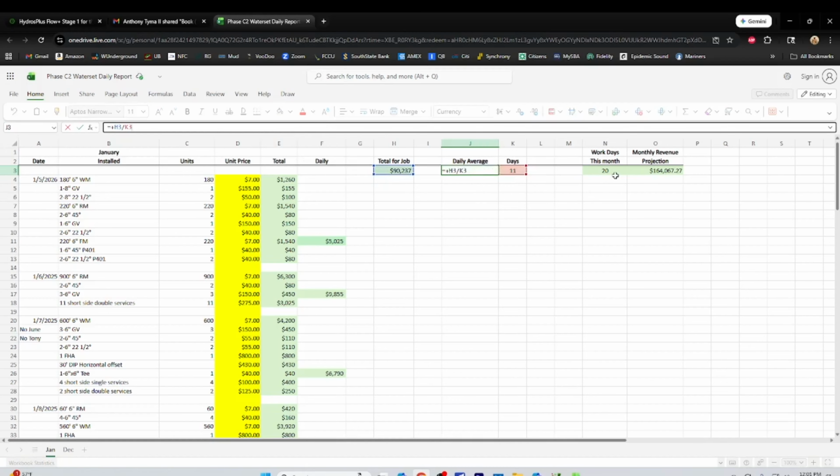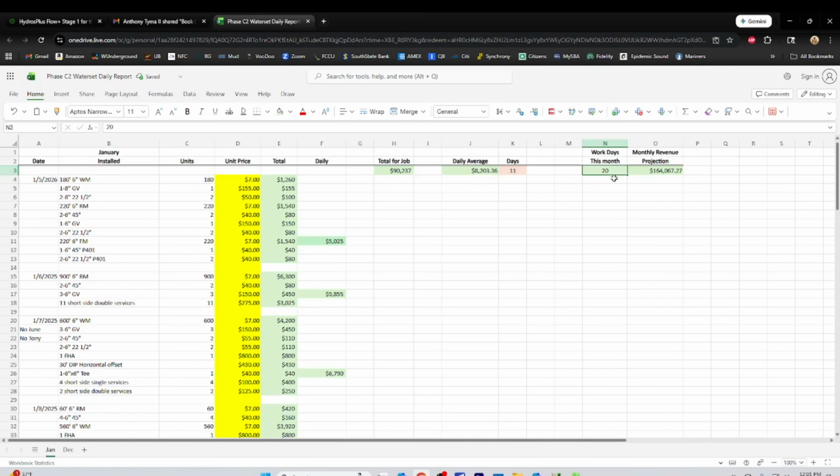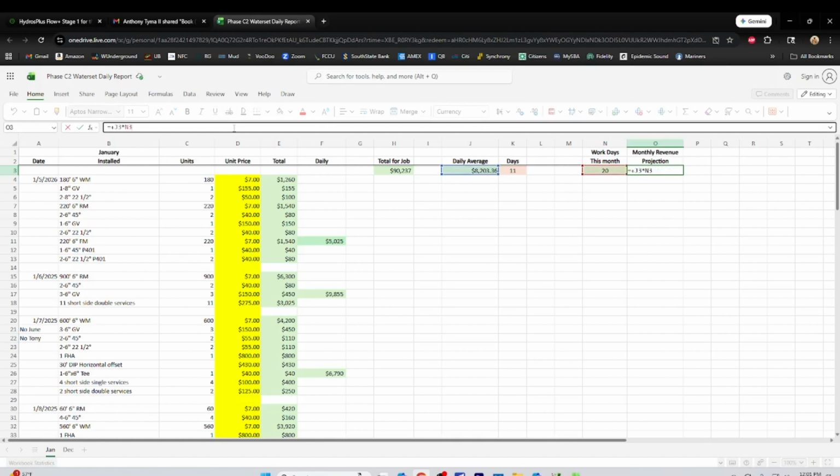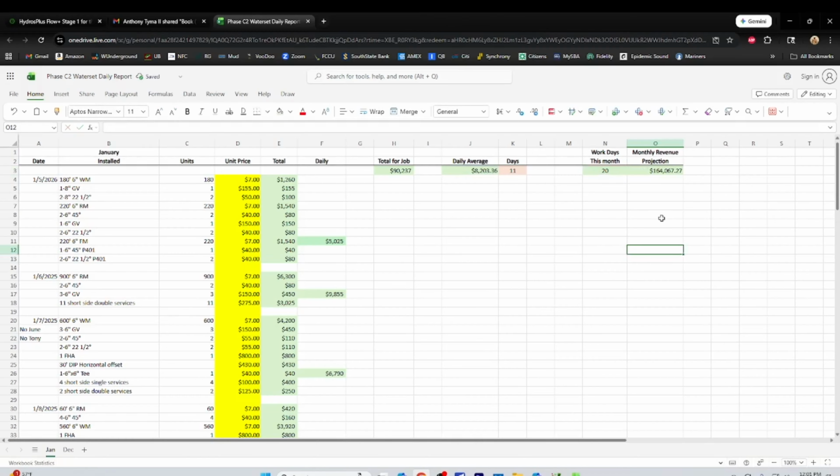And then this is information I put in. We have 20 working days in January. You got to look at every month. It's going to be different for actual working days. And then the projection is just the daily average times the days of the month, which gives us our projection. That's just so I have some idea of what we're going to have for total revenue for the month